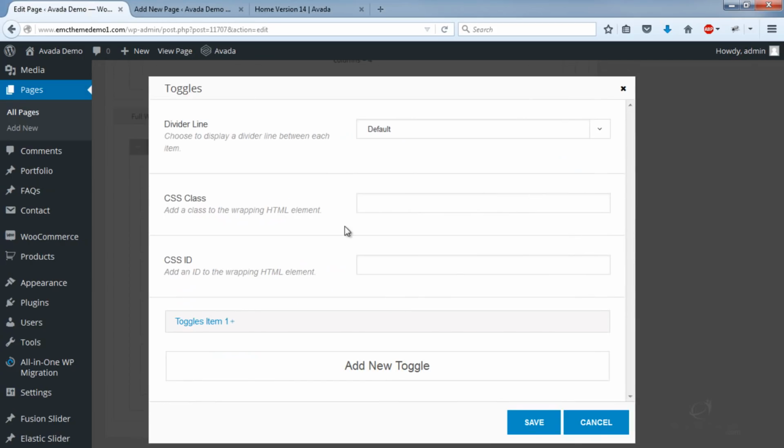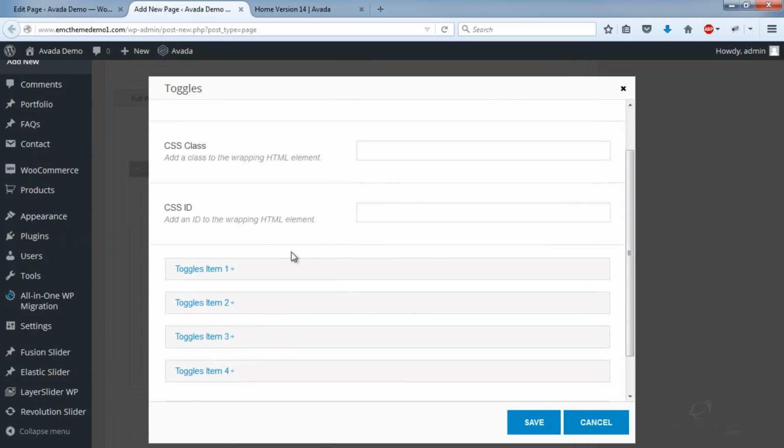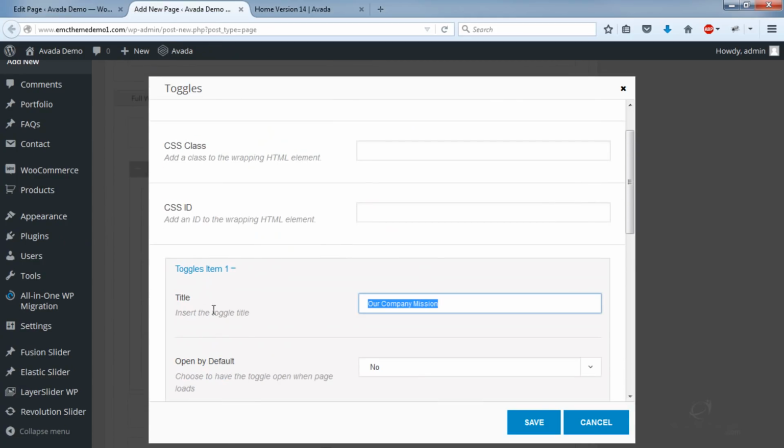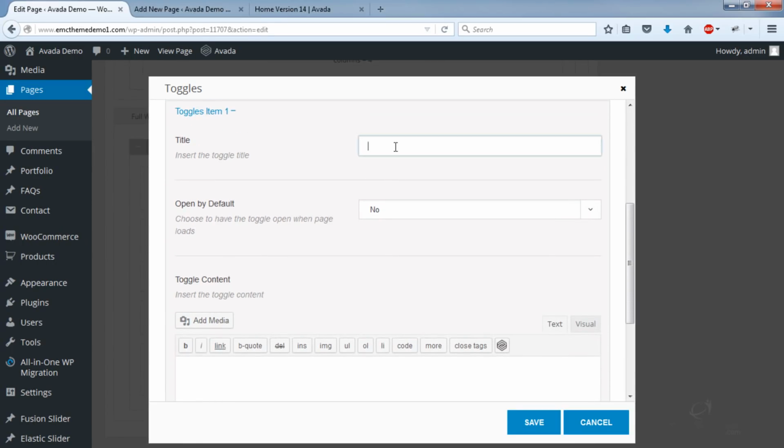And to be honest, this is actually very easy to set up. All you need is a title and some text. There's not much to these toggle accordions. So I'm just copying and pasting from the demo as per usual.